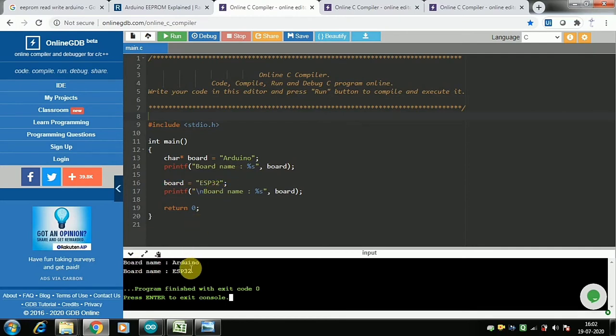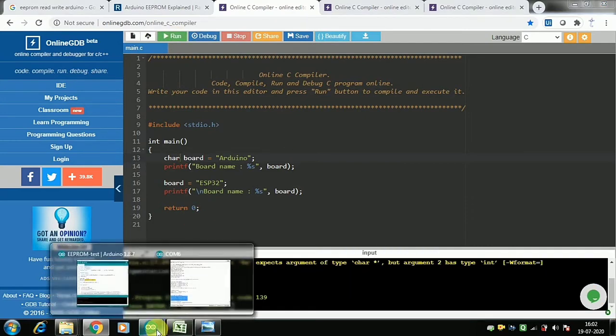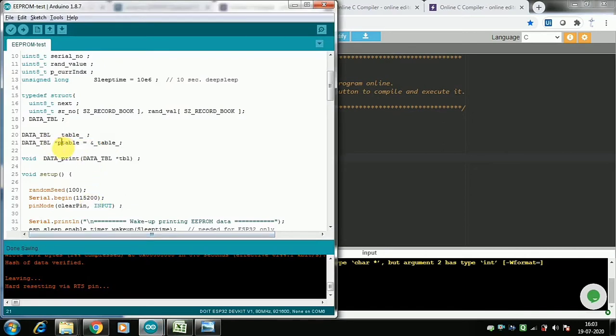So it accepted the change, so the board name changed. But if it is not a pointer and it is just a character variable type, it won't allow me to do that. So that is why in this code we are defining the table also as a pointer, so that we can change the table data at runtime.